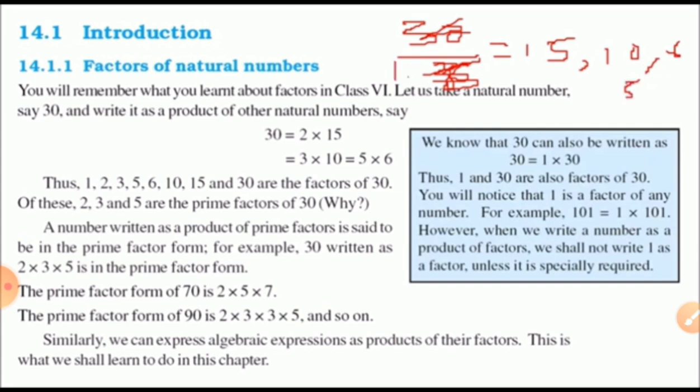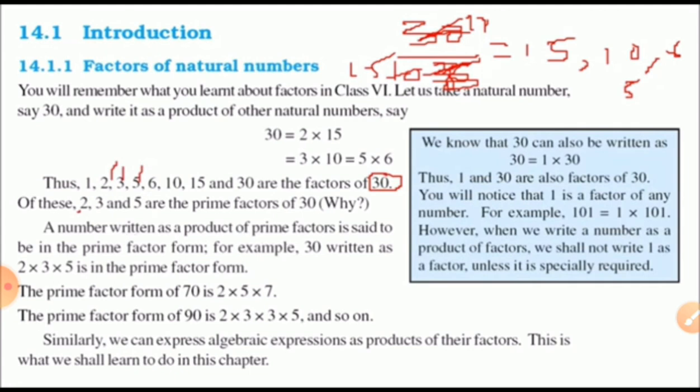Numbers having only 2 factors are prime numbers, and those having more than 2 factors are called composite numbers. Prime numbers from 1 to 100 we already studied in 6th standard, and in 7th standard also, I remind you. Prime numbers are 2, 3, 5, 7, 11, 13, 17, 19, etc. These are within 1 to 20.